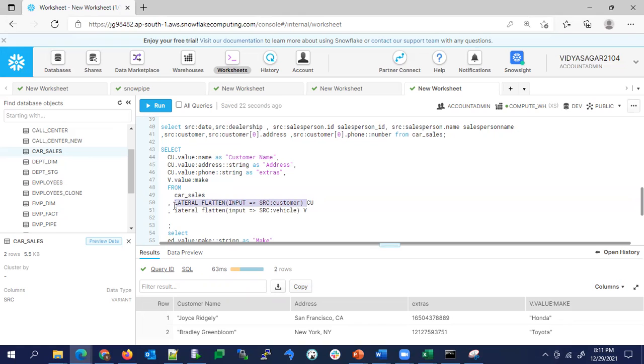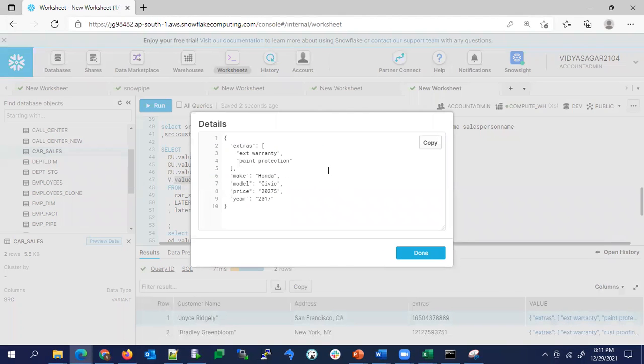We can consider it as a table which is using the inputs from the car sales source column, and the tag is this one. If I want to read the vehicle, if I just pass v dot value, it shows all the column data in this tag.